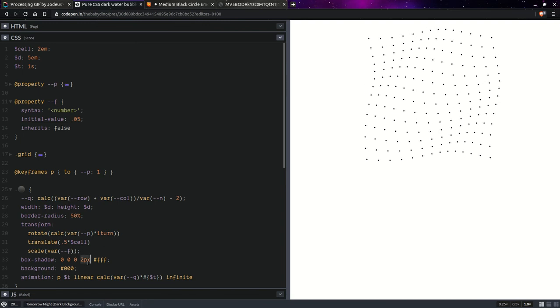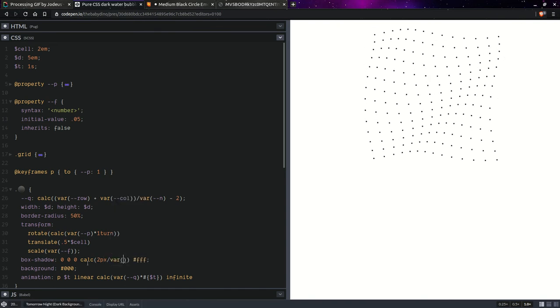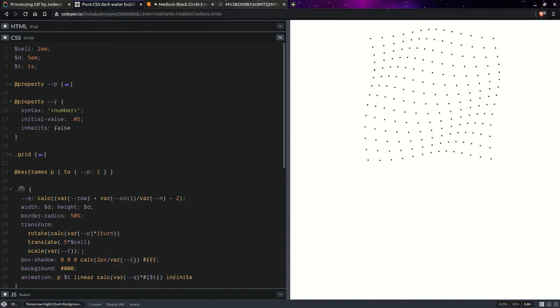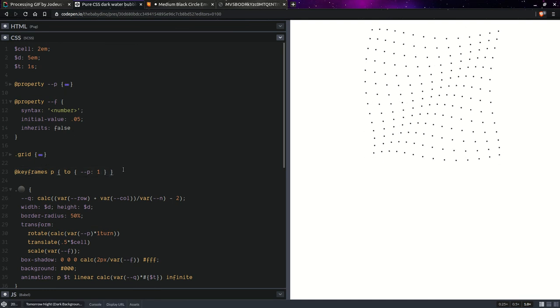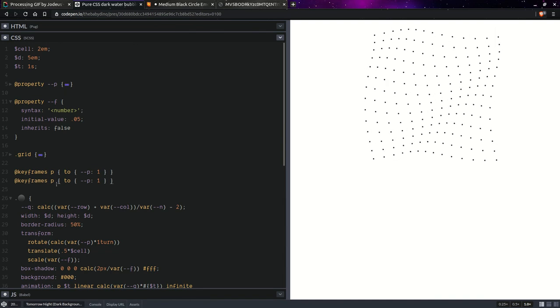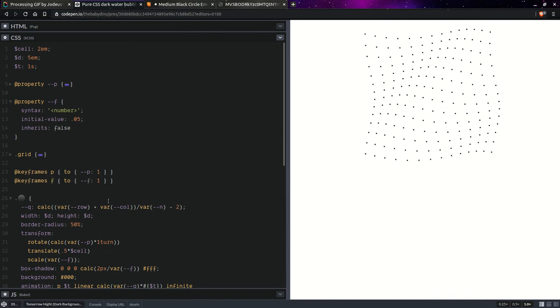Okay, so here we'll be having calc over this scaling factor. Okay, so basically we're going to have something very similar. So this is going to be the scaling factor,